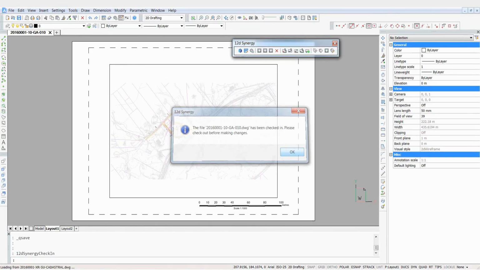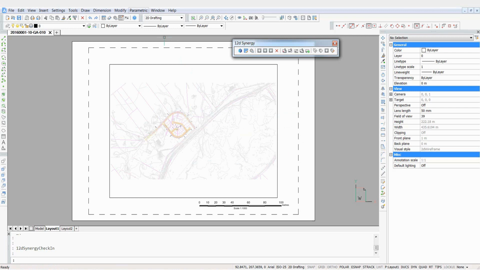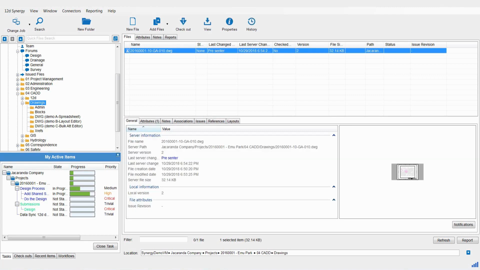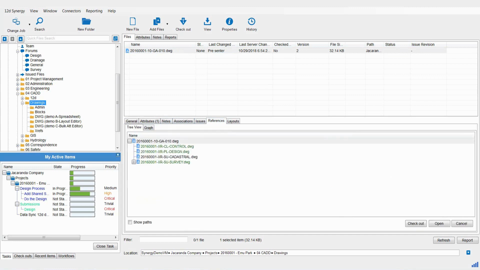And there we go. So you can see up the top here now the drawing is in read only. Okay, if I wanted to edit again I would have to check it out. I'm going to close BricsCAD down. There's our drawing. From here we can come down to the properties area, we can go to the reference tab,